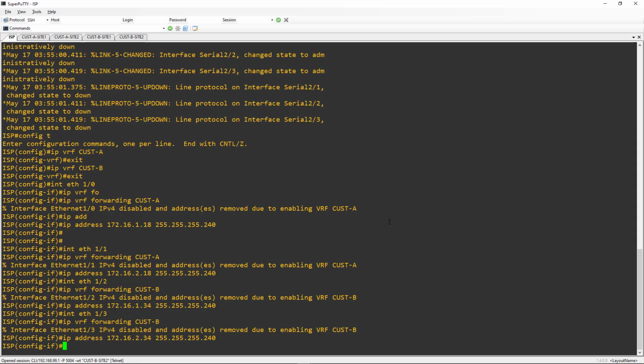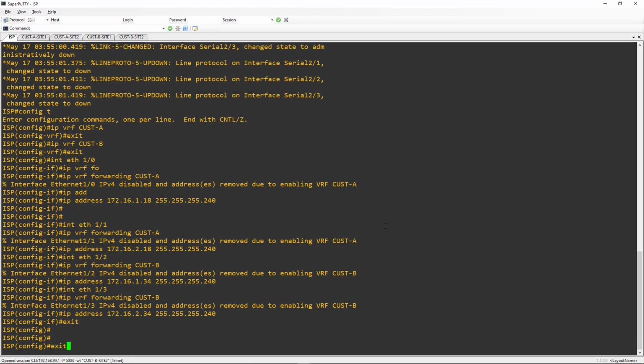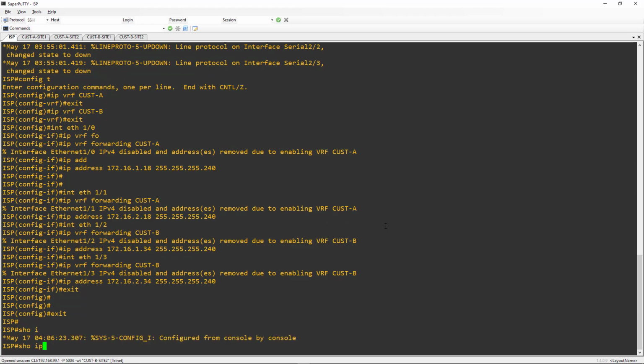Then the addressing is really simple. It's basically router 1 and 2 in customer A, and router 1 and 2 in customer B. All right, so the addressing obviously may not be the same in your environment if you're implementing this, but nonetheless, it's pretty easy configuration. Now, one of the commands that we can use to verify VRF is just simply show ip vrf,